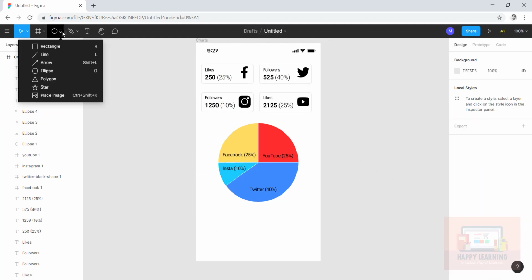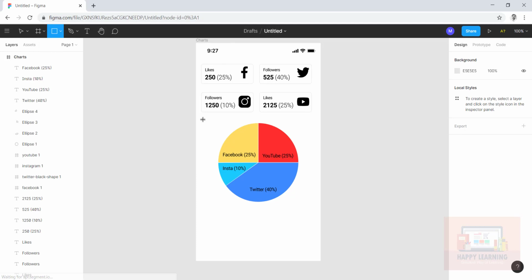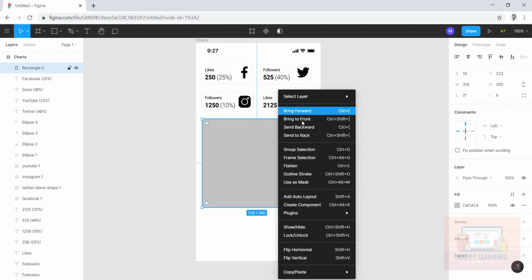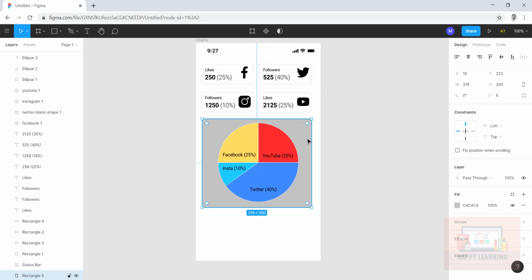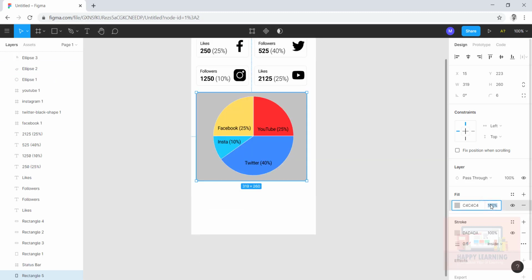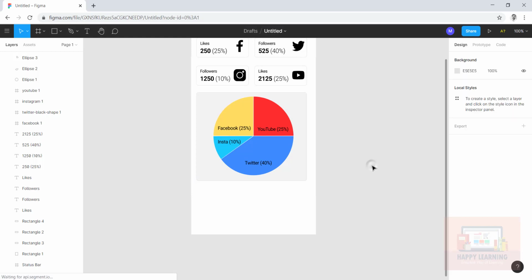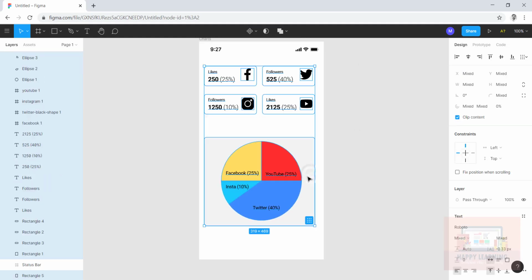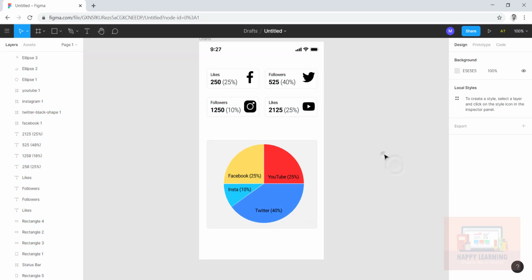You can see this now. I wanted to have one rectangle with rounded corners. So let me draw it first. I would like to have the same 6 pixels radius. Let us say send to back, that you can see here. And let me say 20%. You can see, perfect. Yeah, this is perfect for me now.